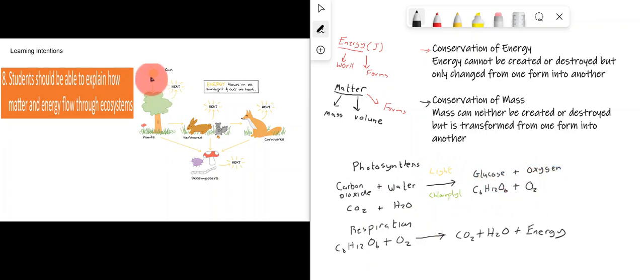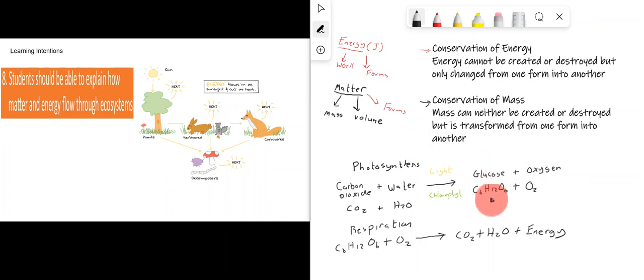So what's happening here is the energy from the sun is being trapped by the plant and stored in the plant in the form of glucose. The light energy has been stored as glucose, and then oxygen is released into the environment. Then animals come along, for example rabbits, and they eat plants. Why are they eating the plants? Well, they want access to the glucose in the plants, because they want energy. Why do they want energy? Because they want to exist. They want to do all the things that rabbits do, and in order to do that, they need energy.